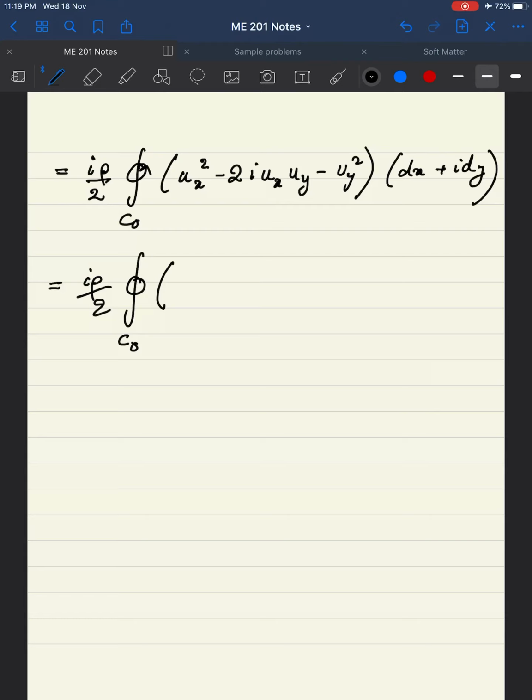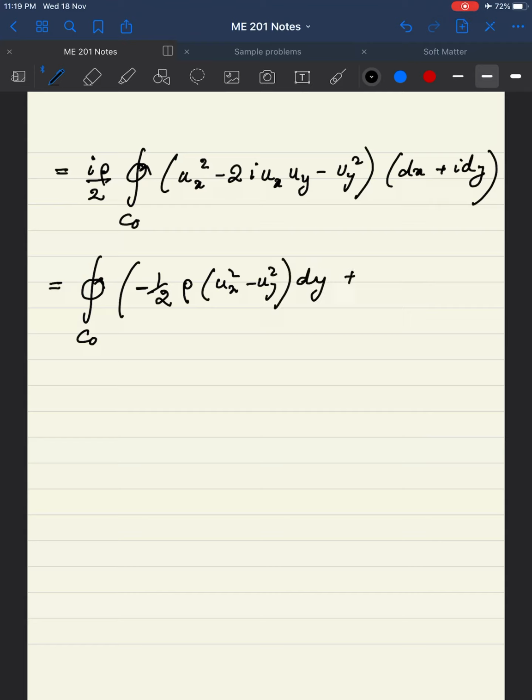I'm skipping a step here, but if you take everything inside, you will get the real term to be rho (ux² - uy²) dy plus rho ux uy dx,